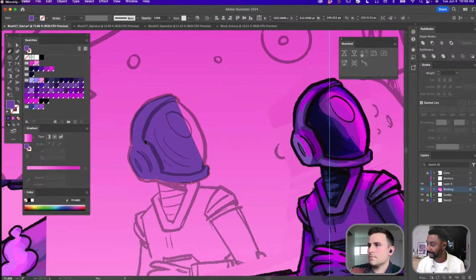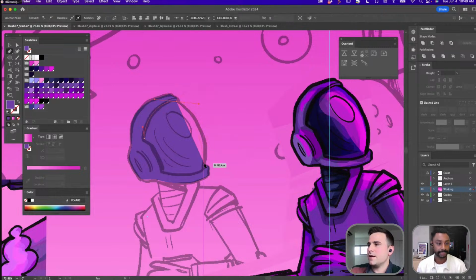So I'm just moving on here to the helmet so we can see a little bit of the character. And while I work on this, I'll touch a bit on layering and just the animation process. So the way that I want to think about this character, and just everything that's going to be animated in general,